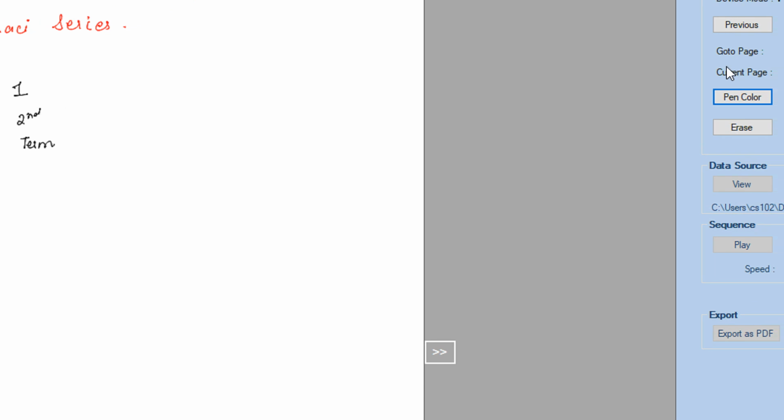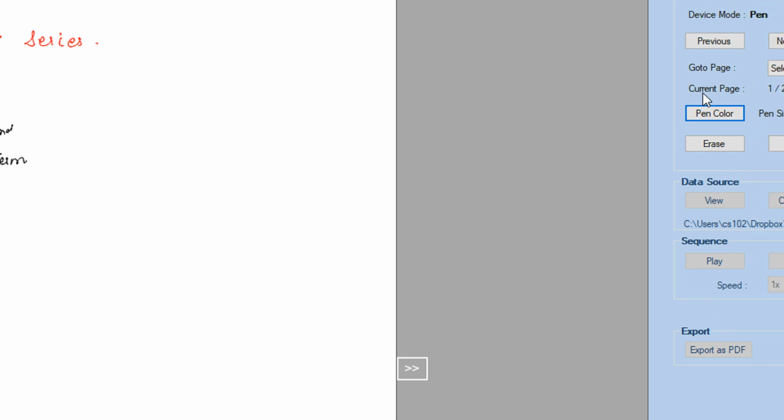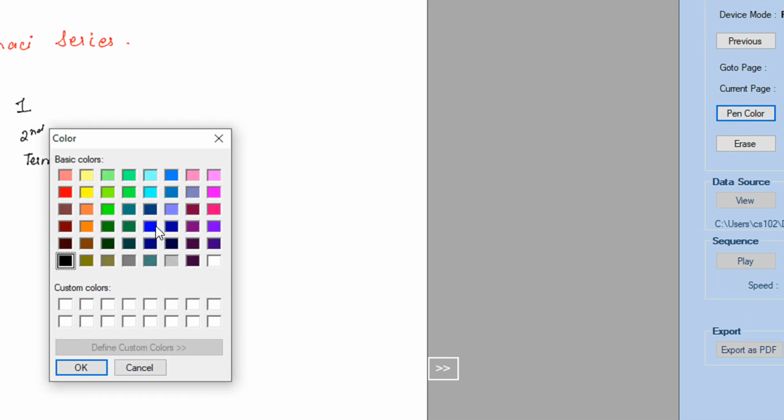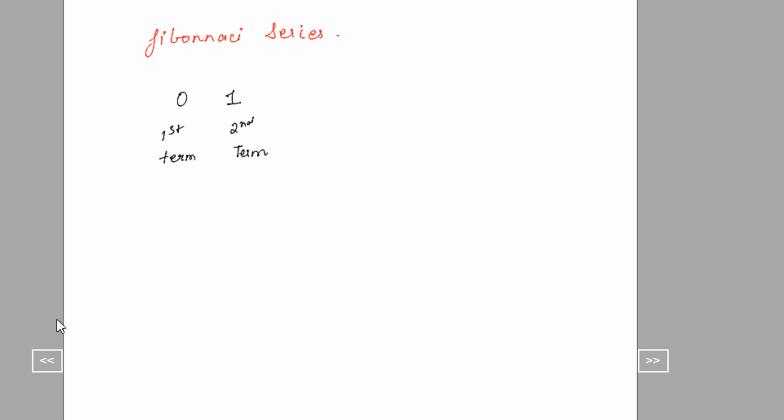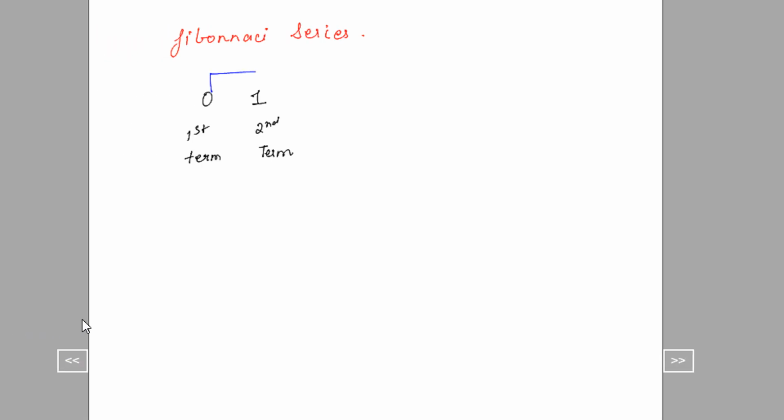The next term in the series is the sum of the previous two terms. So I add these two: 0 plus 1 is equal to 1. So this becomes the third term, right?